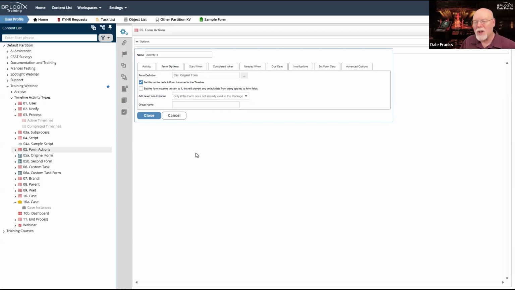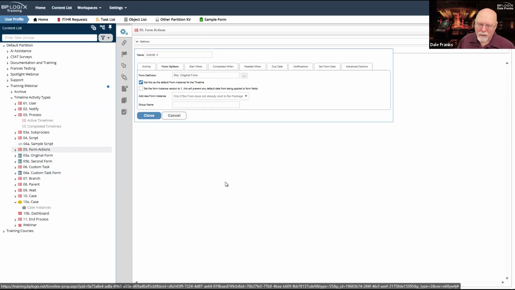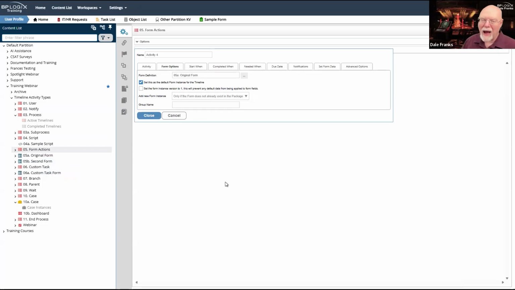If the form does not already exist in the timeline, so in this case, the second form is not part of the process timeline, if there is no instance associated with the timeline, then when I run the form actions custom task and I add the second form instance, that will now become part of the process timeline. Now, when I started the process timeline, the original form was already part of the form instance.